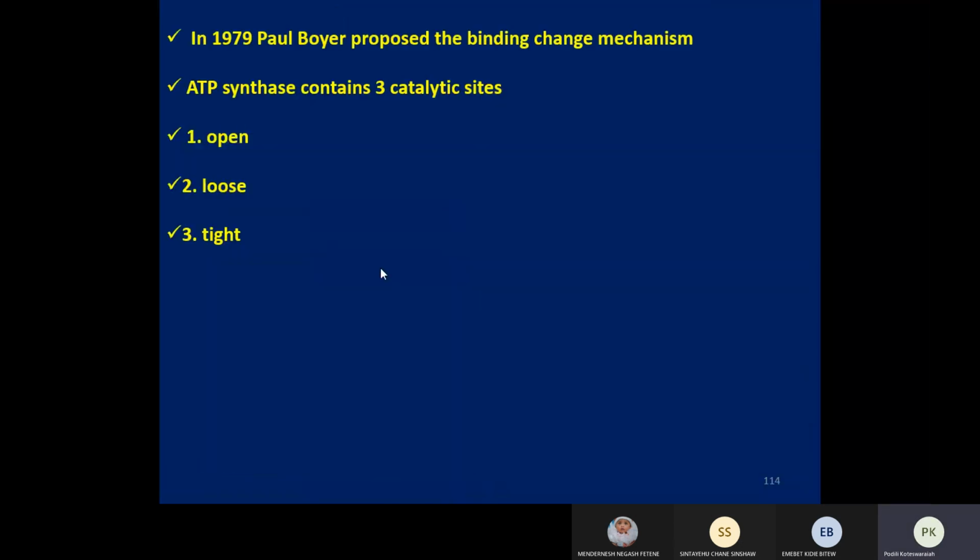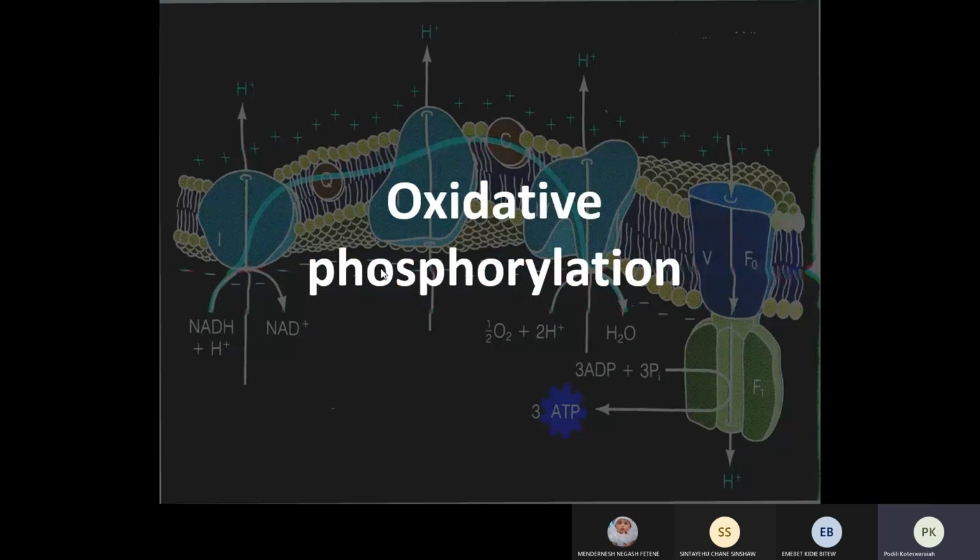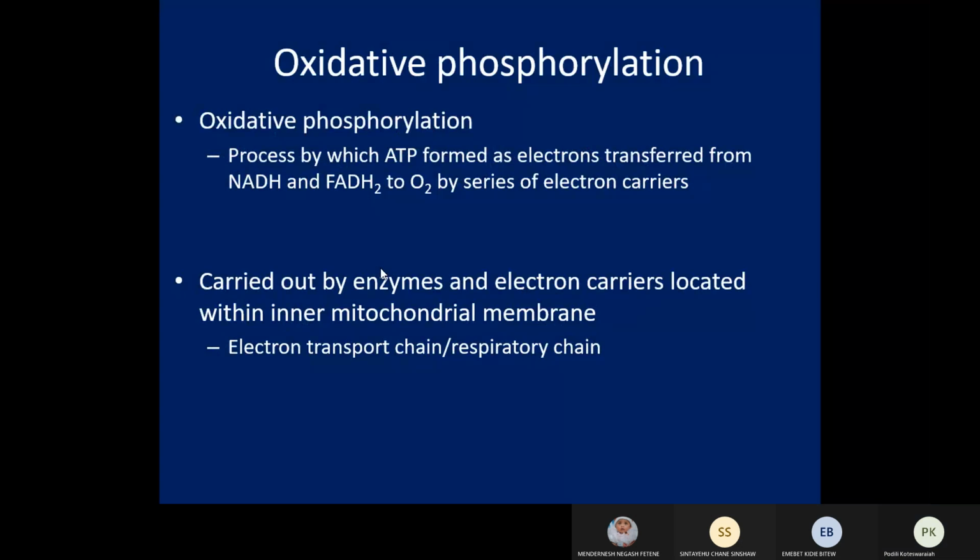That's what takes place in the case of this ATP synthase, and we know that when the proton is translocated from the intermembrane space to the matrix, the ADP is converted into the ATP, and so that means the synthesis of ATP is coupled to the translocation of protons. So that's why